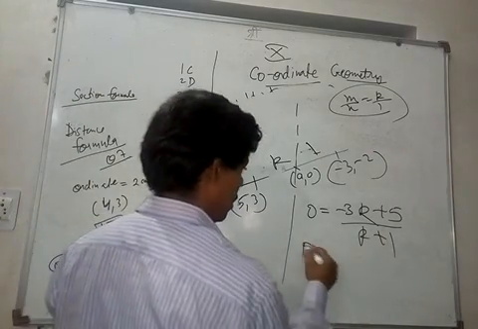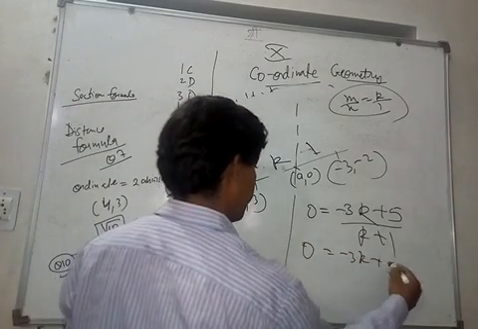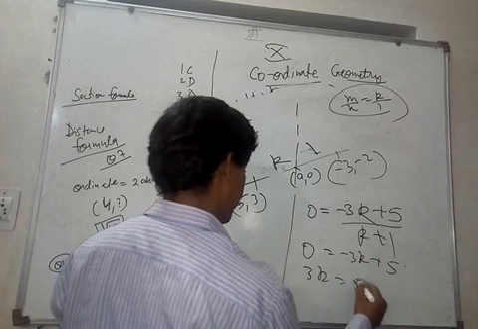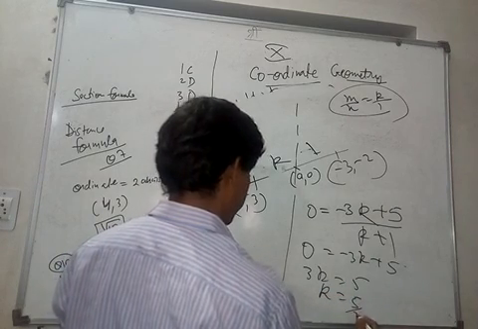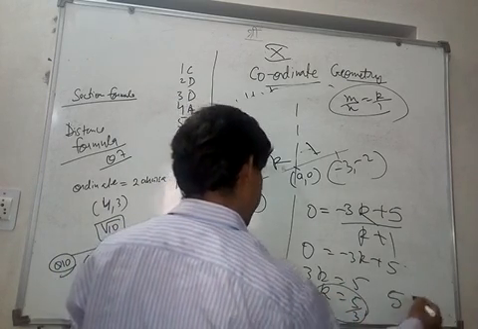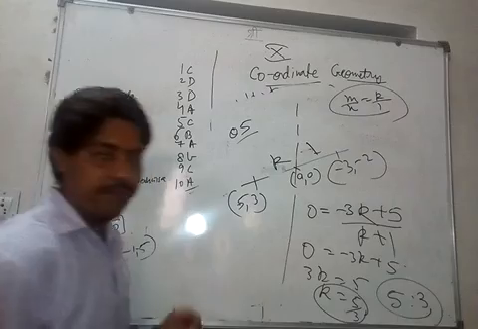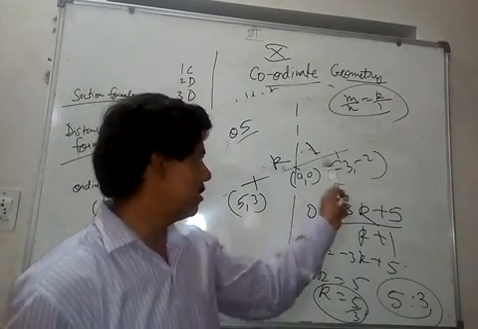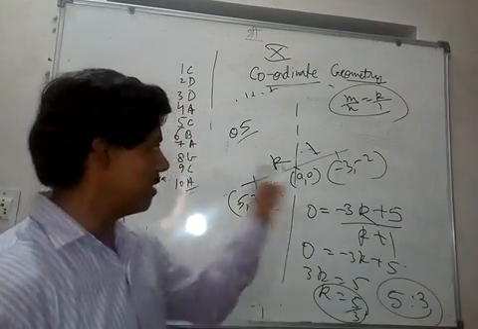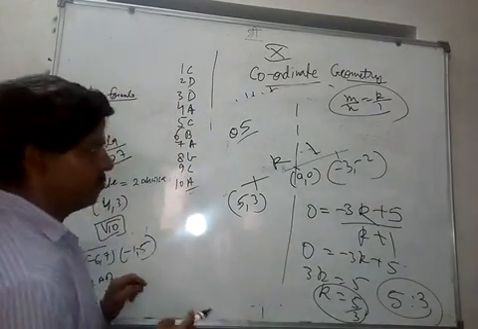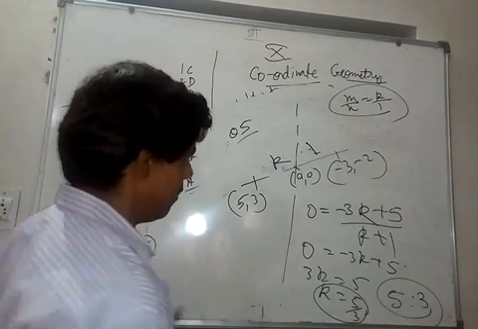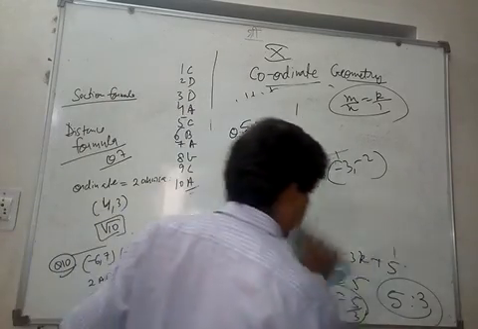This is how you get the value of k. So this is 0 and -3k + 5, so 3k is equal to 5. So k is equal to 5 upon 3. So now we know the ratio is 5 is to 3. You can also find the value of a now. This is not the answer, actually, we have found this for x. So I'll just cancel it.